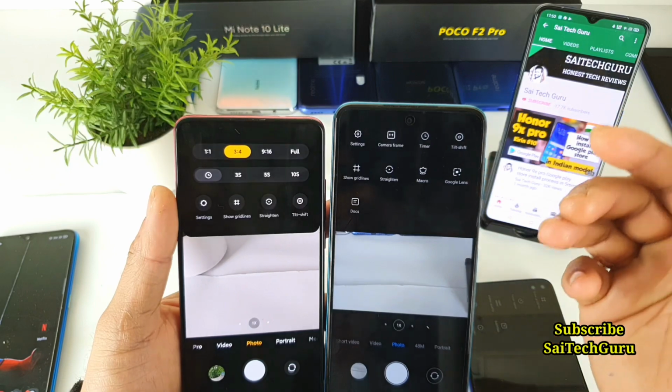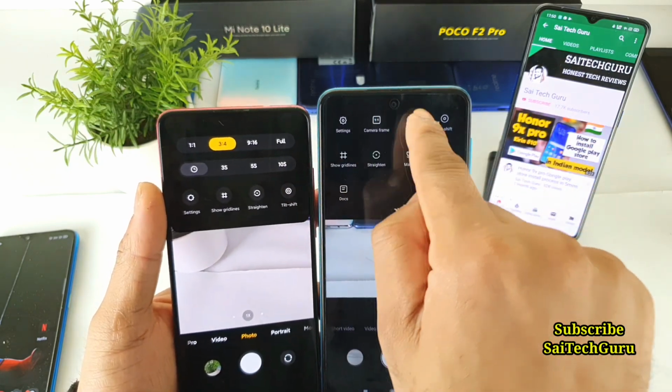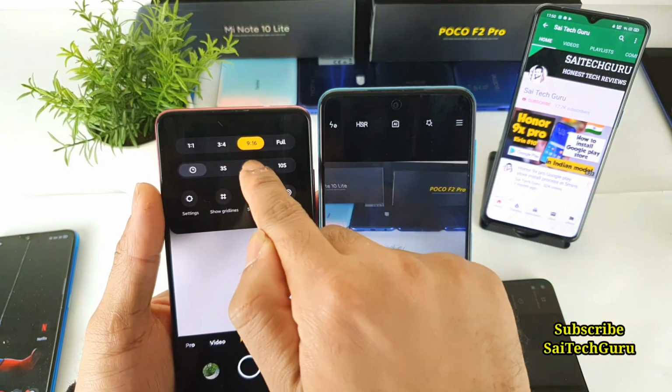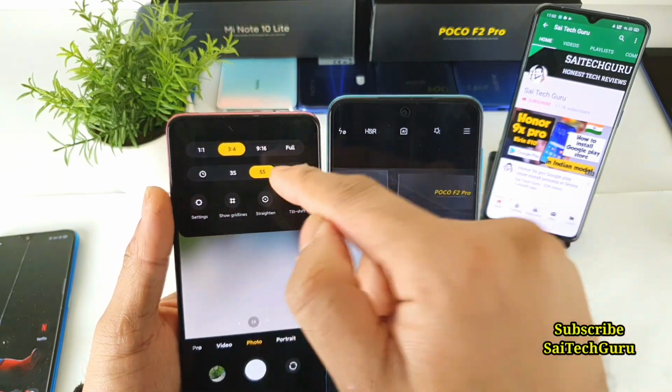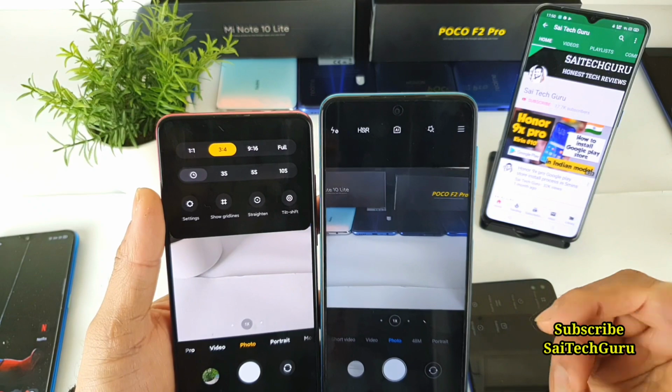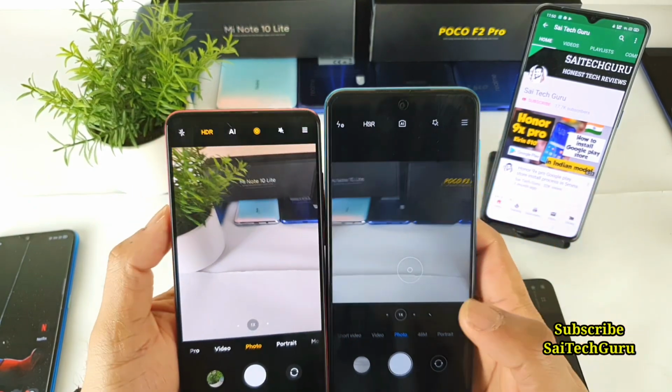So there are plenty of taps you need to do to access these two settings, but here it's pretty straightforward. So within 2 taps you can select what desired timing and desired ratio you want. So this is very good advantage in terms of the photo.